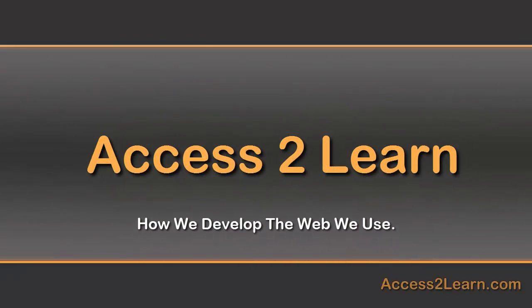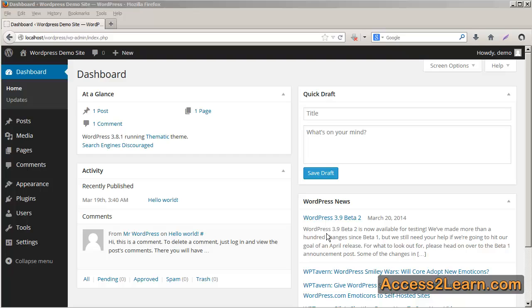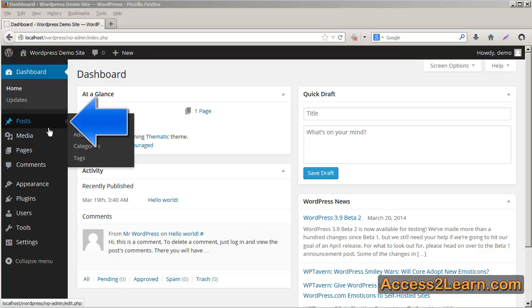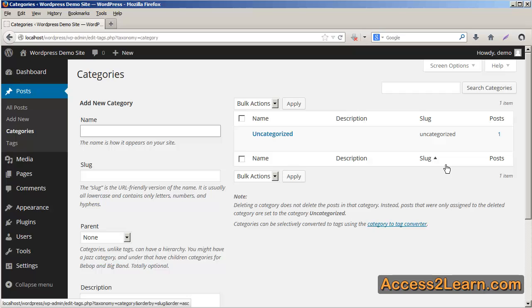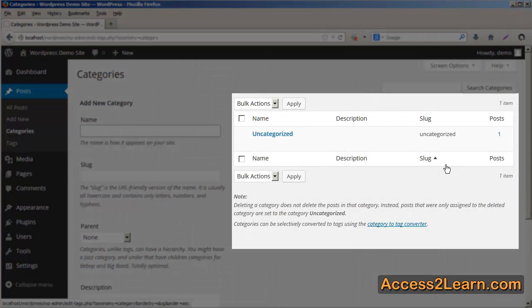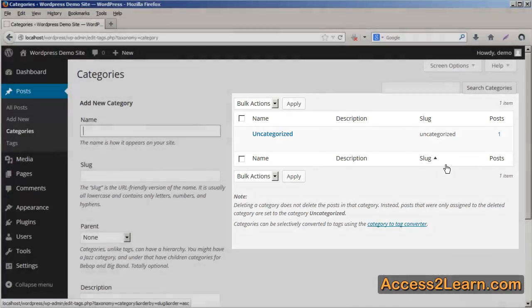In this example, we're going to look at how we can control our categories, which are used to help organize our posts. Now, categories do not have their own separate menu on the far left-hand side when we're in our WordPress administration panel. So instead, we're going to go to Posts, and in the flyout menu, choose Categories. This is going to provide a list of all of the categories that we currently have on our WordPress website